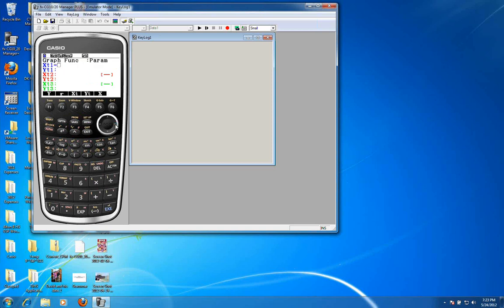So to plot a typical ellipse, such as 3 cosine t, I'm going to be plotting cosine t, sine t, and the eccentricity is going to be 3.